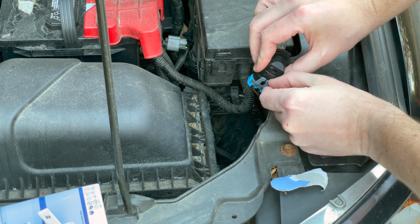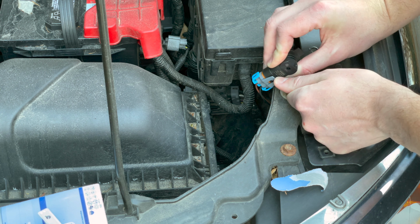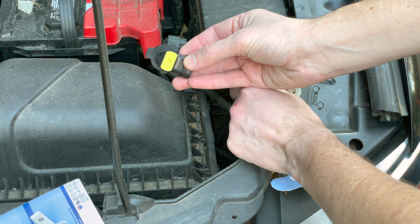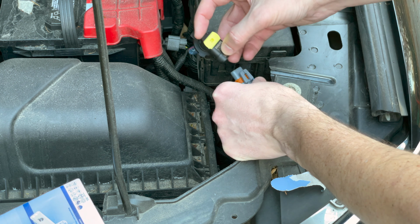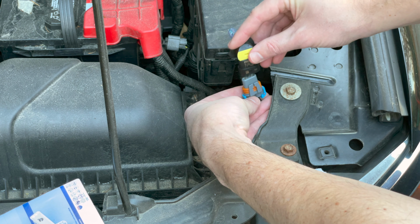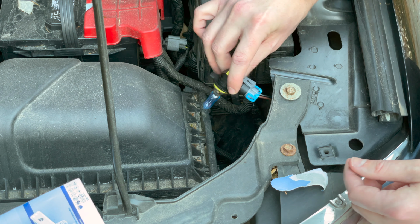To remove this connector, you just want to push that gray part, push this gray tab away from the bulb, and then you can pull that right out. You can wiggle that free. And here's our new bulb, and you can see those tabs are exactly the same as the old one. So it's only going to go in a specific way. Snap that new bulb in. Just make sure the bulb is facing away from that snap connection. Push down until you hear it click, you know it's in there,